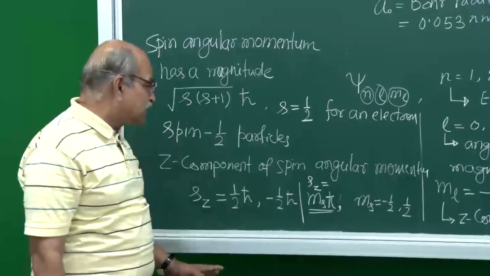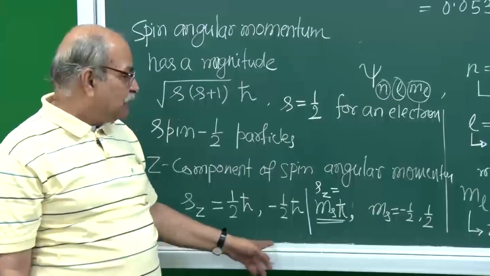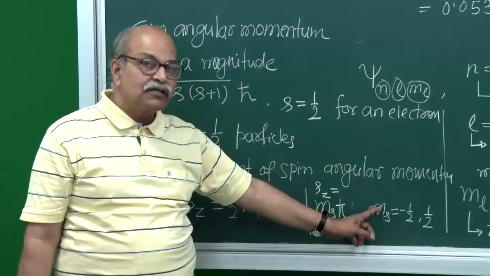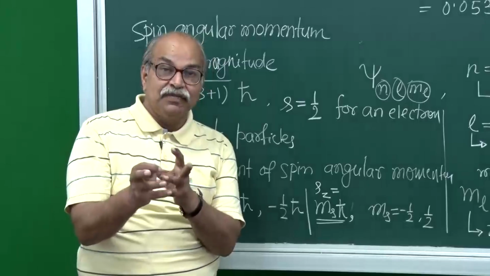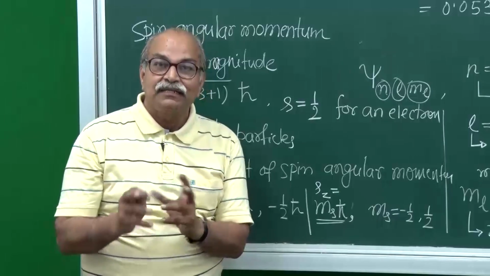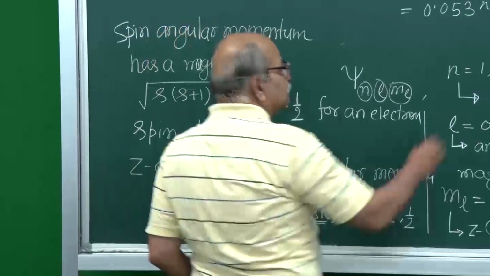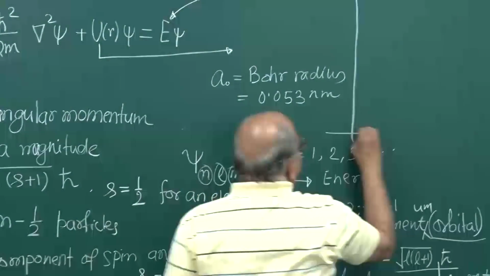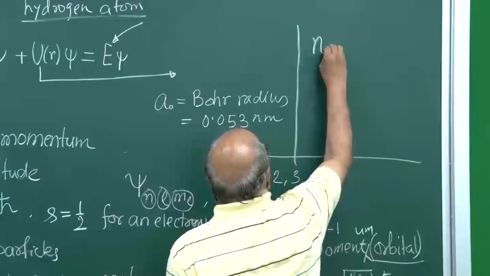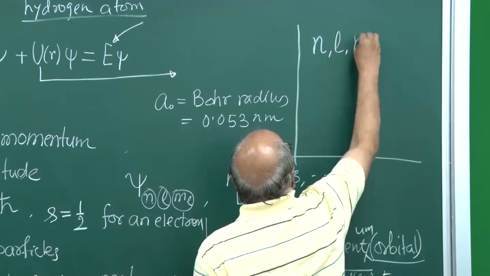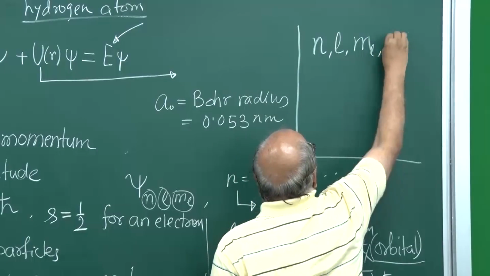And if you give this ms also, because s is anyway fixed, then the behavior of that spin part is also fixed. So if I give all 4 of them, if I tell what is n, what is l, what is ml, and what is ms,